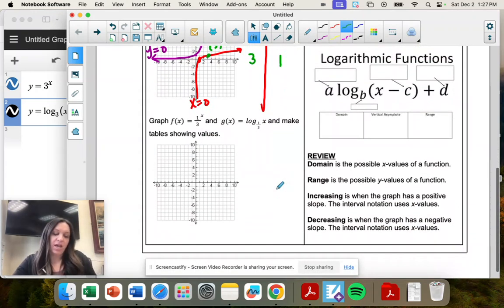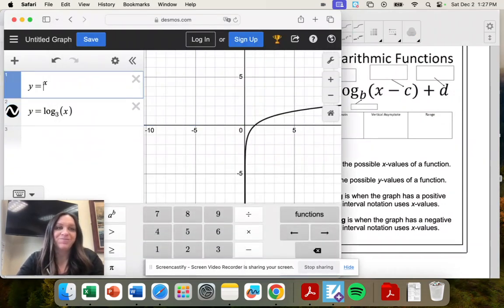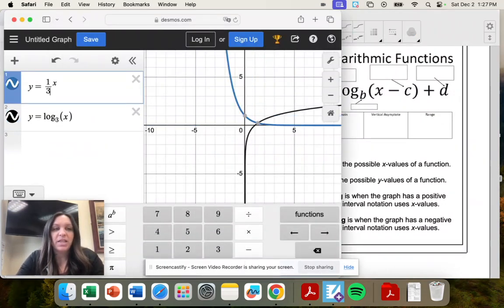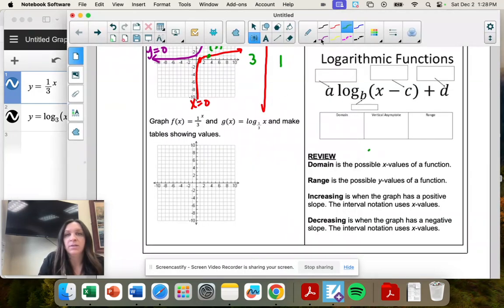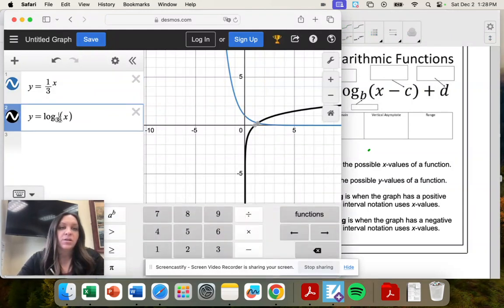Okay, now let's look at some decay. So what happens when we make this a fraction? It's a decay. It's a decreasing function. We still go through at 1. So I'm graphing this one, f of x. And it's a decay, so we're going down. And this time, look at our asymptote. It stays the same. It's still y equals 0. So a log function, when we change it to decay,